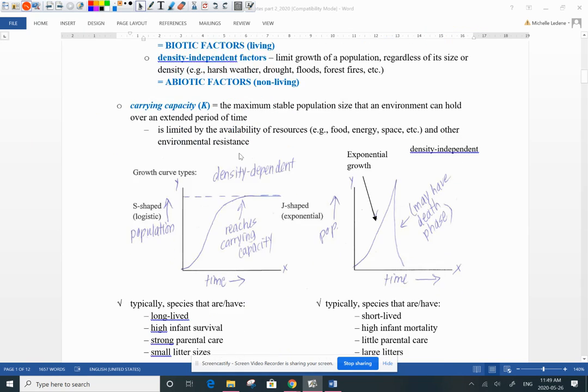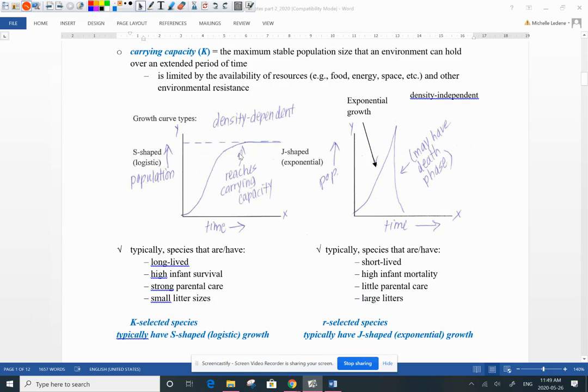So here's these two types of growth curves. We see that we have kind of an S-shaped curve. So that looks like the letter S there. And this is an S-shaped or logistic curve, whereas this one looks kind of like a J like this. So we call this one a J-shaped or exponential growth curve. And this one may have a death phase where you might see a whole bunch of the organisms dying off. Sometimes that happens in seasonal populations, whereas this one is going to tend to level out and reach its carrying